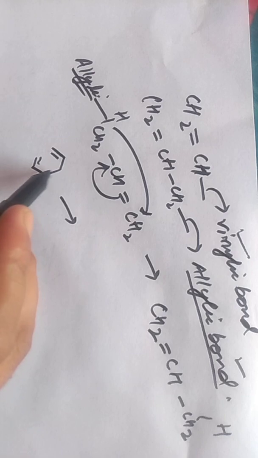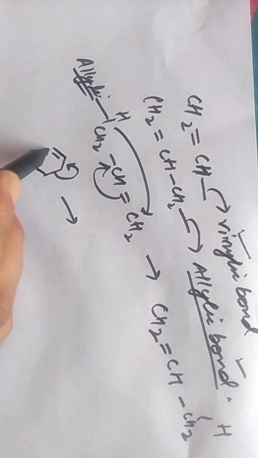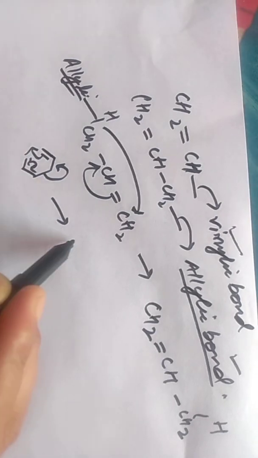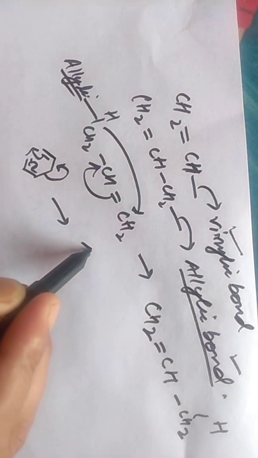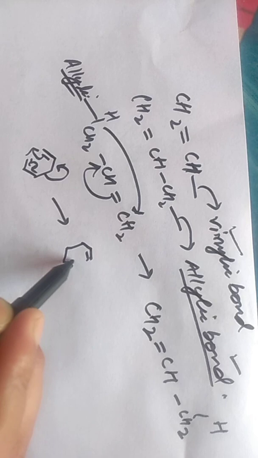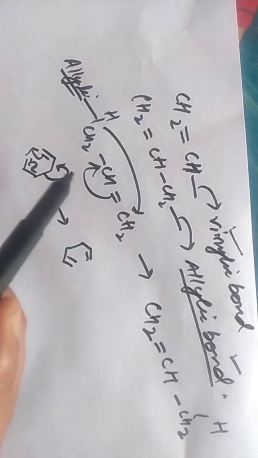In this case, this is the allylic sigma bond. So it migrates to this position. It does not migrate to this position. And we get the product like this. So this was all about